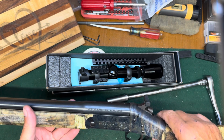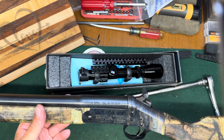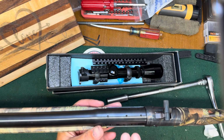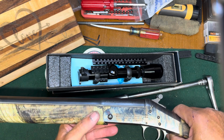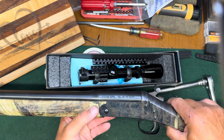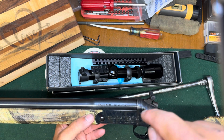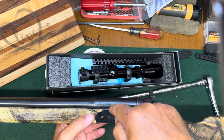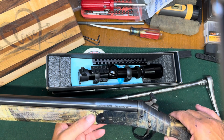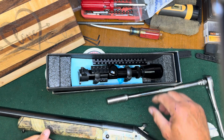So hopefully tomorrow we can machine that off. Don't know if I'll video it or not. Depends on the setup, depends on how it goes. It's going to be a little bit tricky because it's not square. So I've got to put it in the vise cocked. So there would be square. I got to put it in like that so that I can come in here with like a 1/4 inch flat bottom bit and just plunge it in and drag it across to take out that. So it'll just leave me a little slot there, and I'll cold blue that. So all we'll have in there is 45 SML,